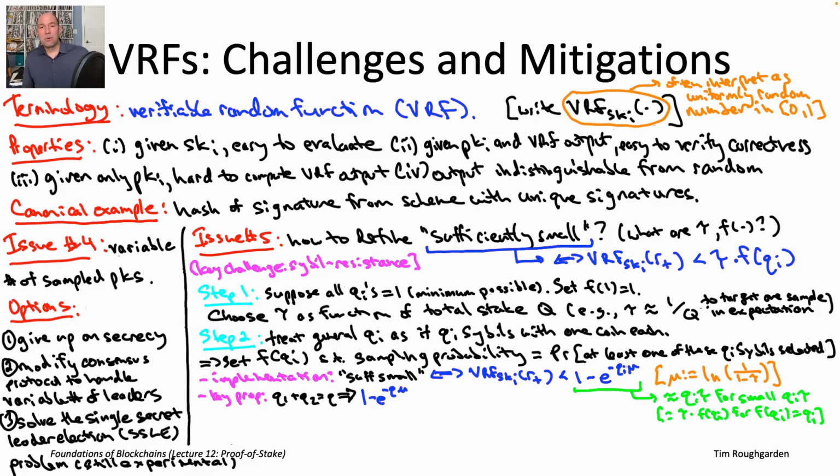On the other hand, suppose the person uses 2 public keys, like 7 coins in one and 5 coins in the other. And remember our assumption that this person only cares about whether or not at least one of their Sybils is sampled. It gets no additional benefit if both of its Sybils get sampled.